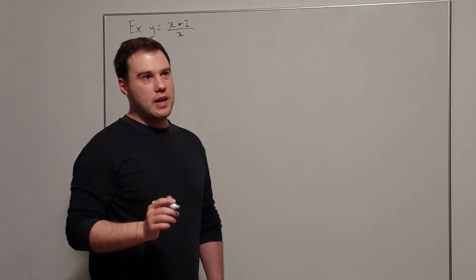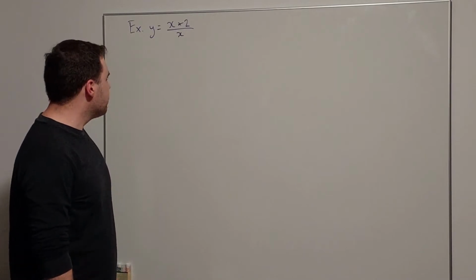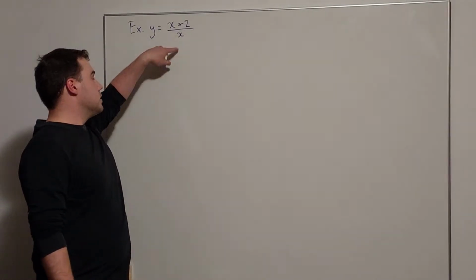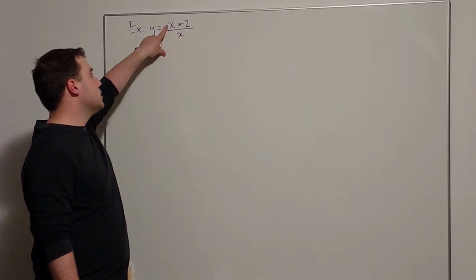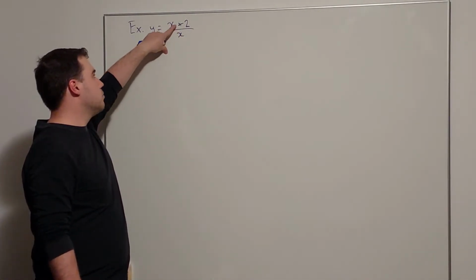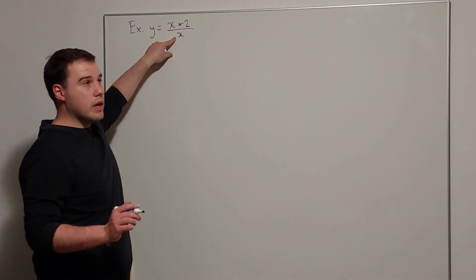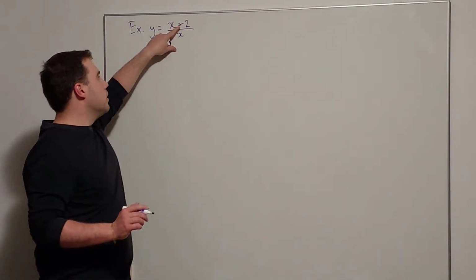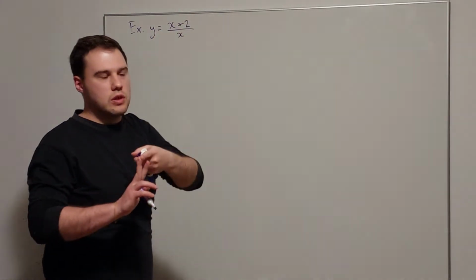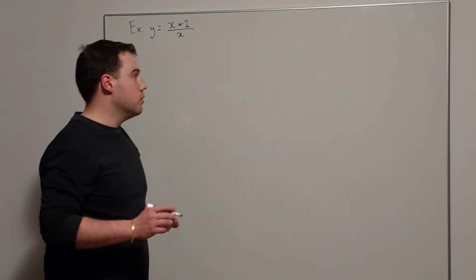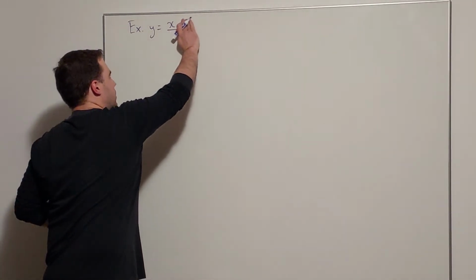Question: can we do this using our existing knowledge? Well, we can split this up, because if we've got a sum or difference in the numerator, this is the same as x over x plus 2 over x. X over x is 1, derivative of that is 0, and 2 over x is 2 times x to the negative 1. Constant times something with a power, use the power rule, okay? So I'm not even going to do that, but what I'm going to do is move this plus 2